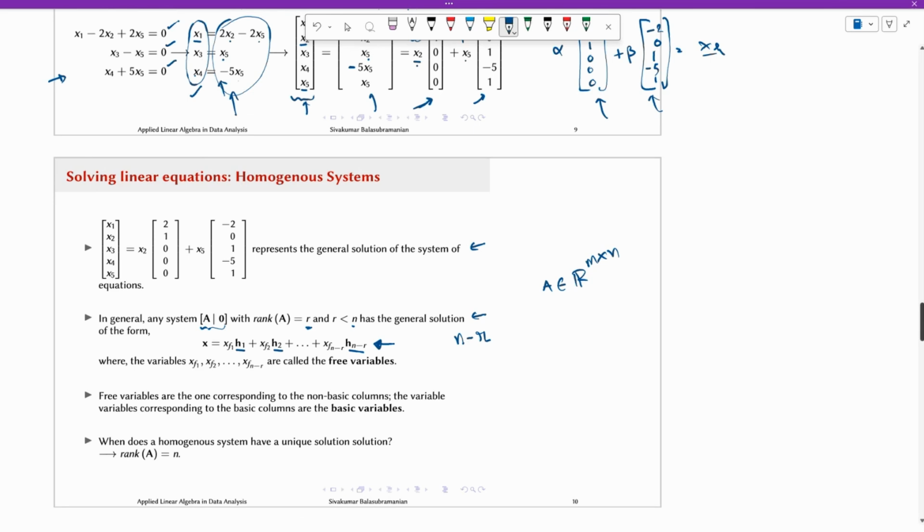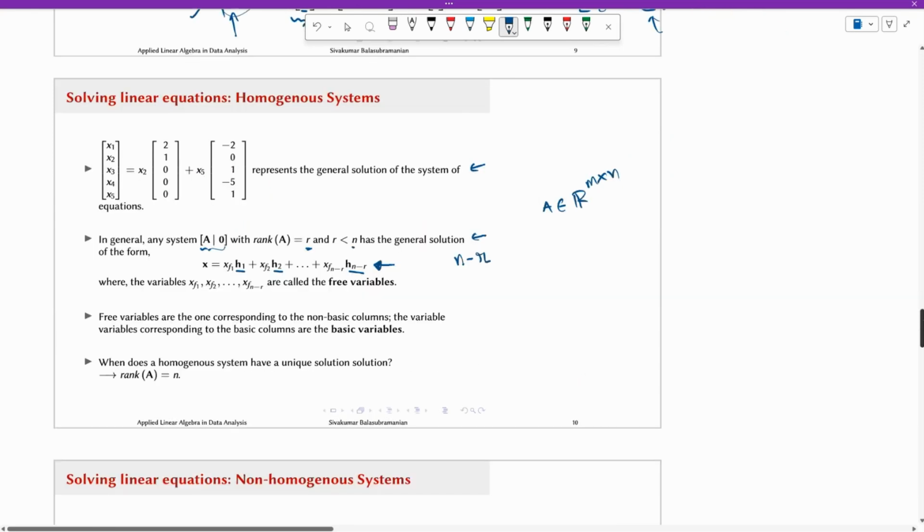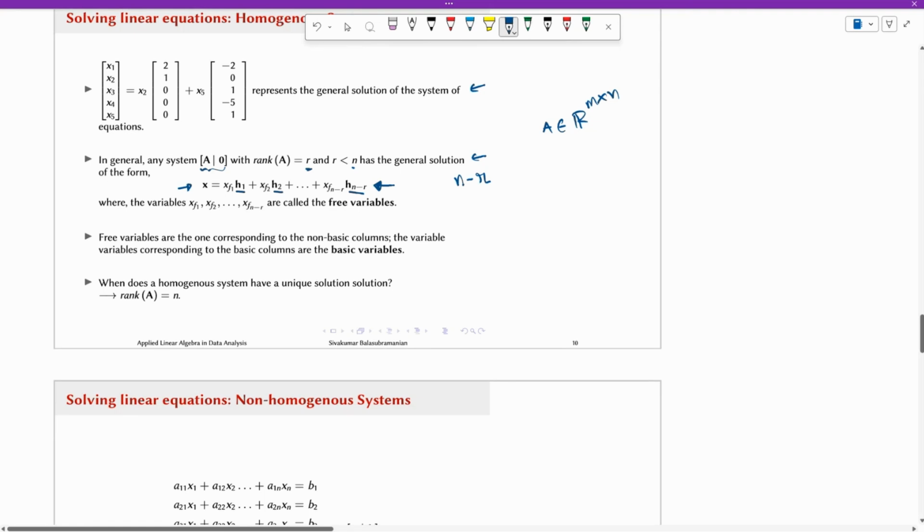Okay. If all the columns are linearly independent, that means the rank is equal to the number of columns, the homogeneous solution is 0. Because there are no non-basic columns. For example, here you will have no non-basic columns. That means essentially you will have x1 equals 0, x2 equals 0, x3 equals 0, x4 equals 0, x5 equals 0 if this had full rank, right? And each of those columns will be scaled by some alpha 1, alpha 2, alpha 3, so on and so forth. So if we take the linear combinations of these n minus r columns,